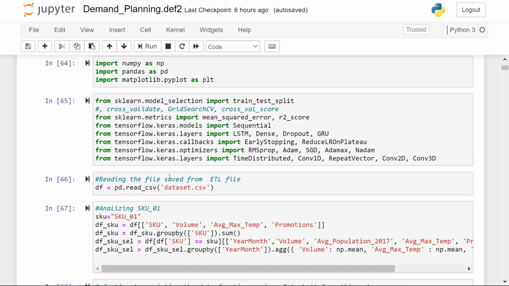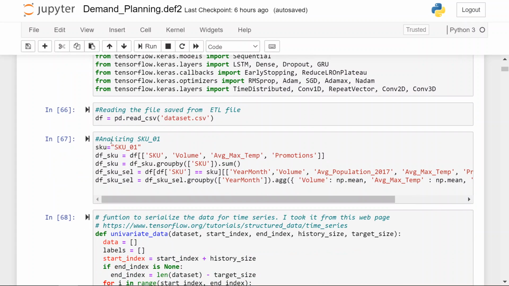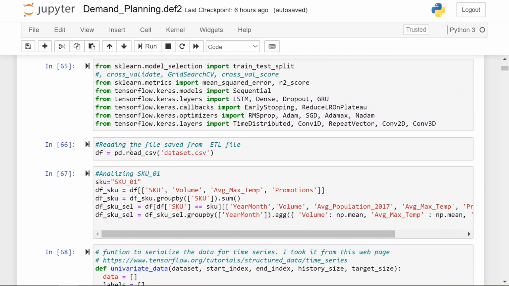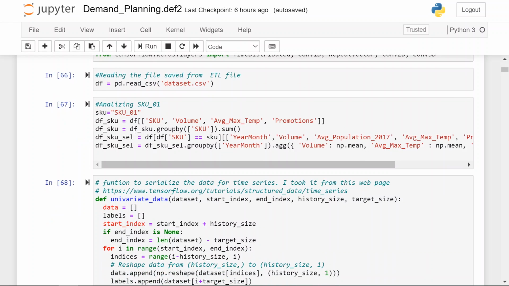Something I want to learn is to use the Spark data frame, but this took me one month to do. So it's better to use what you know and learn the new concept, and then try to learn the other. So here we read the data set, the one that we put in the past,